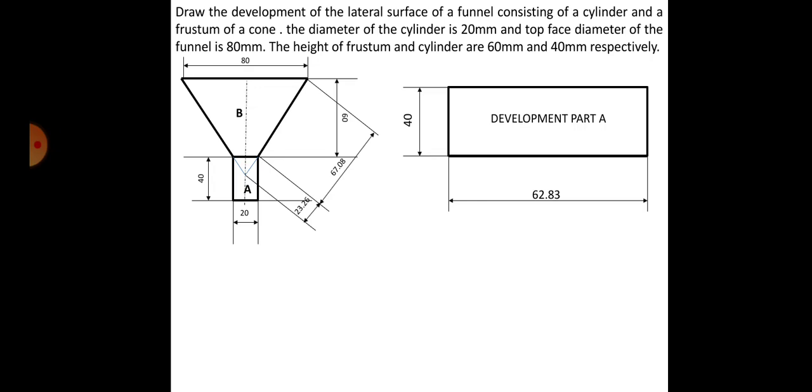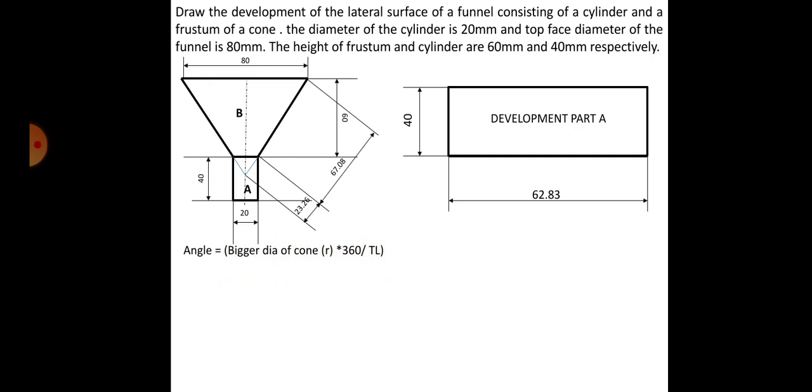So either I have to know the length of the arc to stop, which is not very easy to find out, or I need to know the angle, isn't it? Even if I know the length of the arc, I actually need to find the angle, so that I know till what angle I can draw. So how to find that? There is a formula to find the angle here. It's written here: angle is equal to bigger diameter of the cone divided by true length into 360.